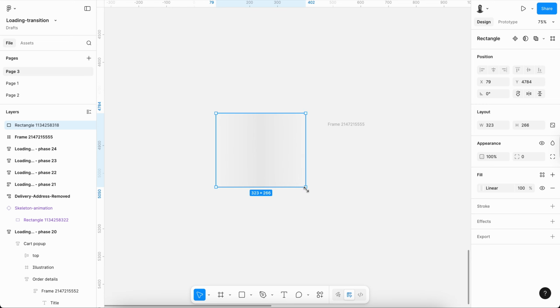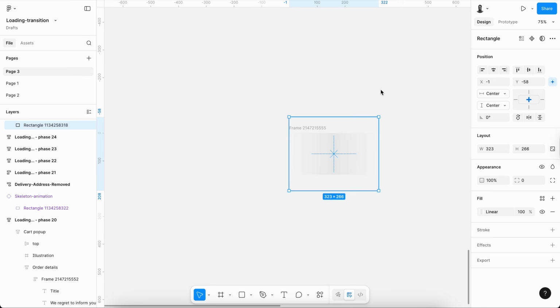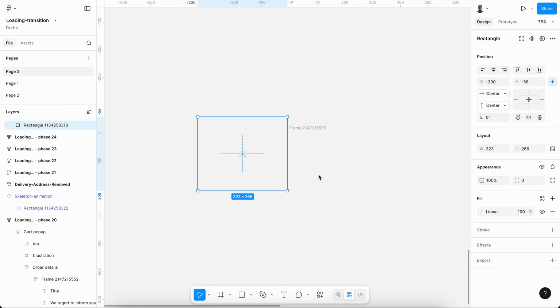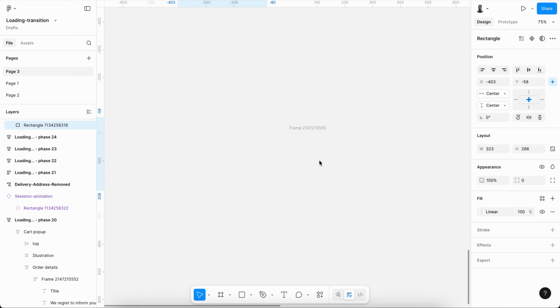Now we will move this into the box, and as I mentioned earlier, put this box